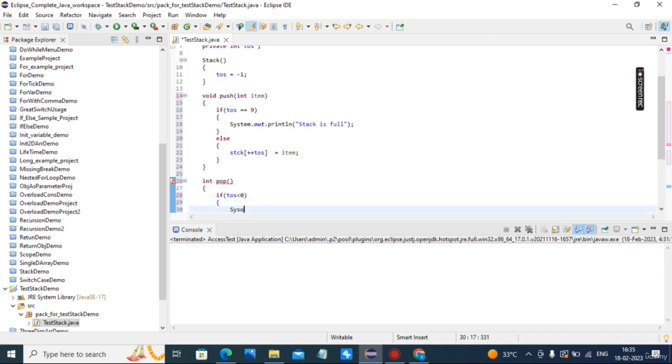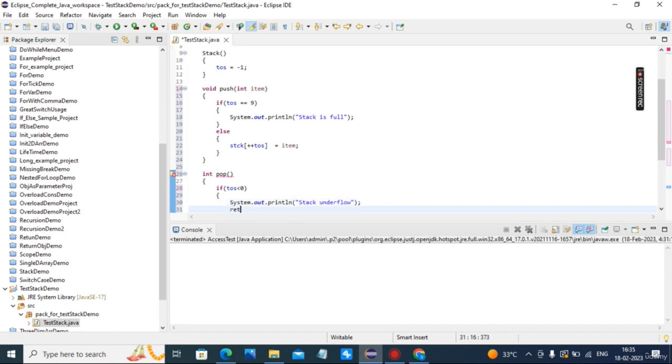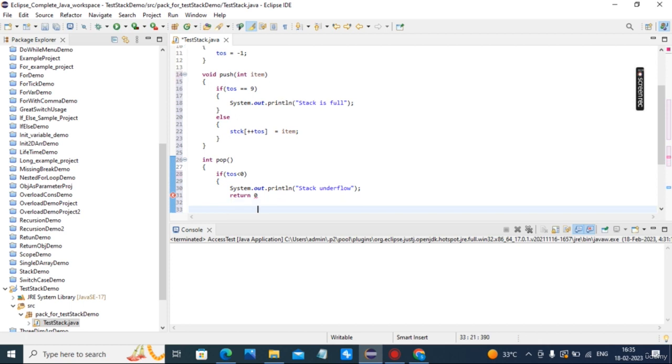Print stack underflow. Stack underflow and return 0.